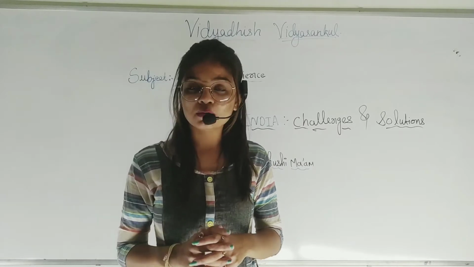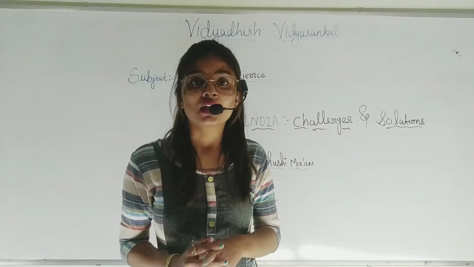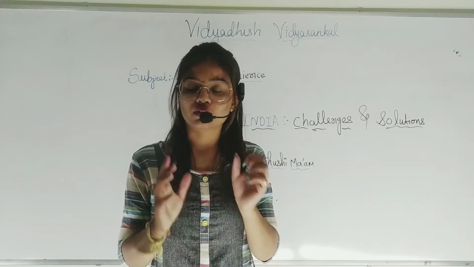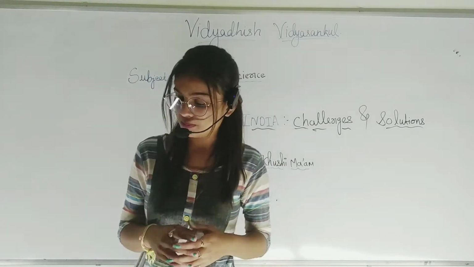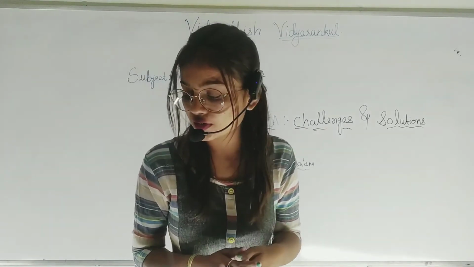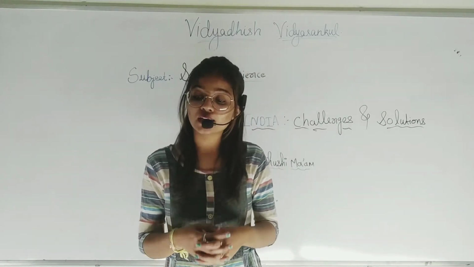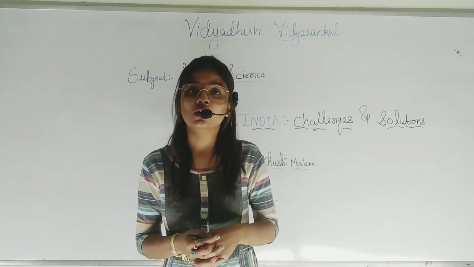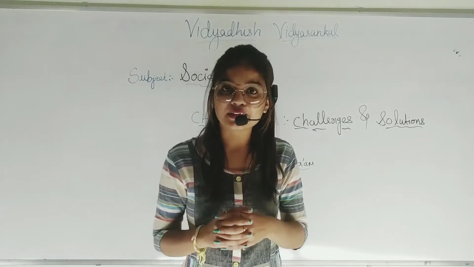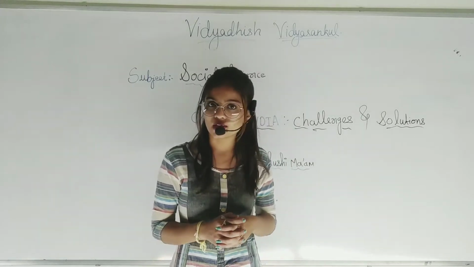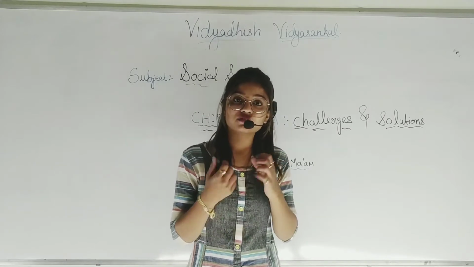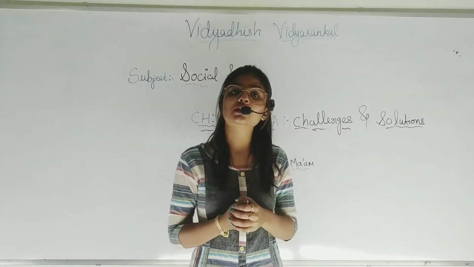Next we have the border problems. Here, students, we don't have any border problems; in the next year, in the 9th standard, you will learn about the border problems. Next, students, we have the natural problems. In the natural problems we have floods, famines, earthquakes, tsunamis, volcanic eruptions and cyclones. Students, we all know about the natural problems because they are already in our textbook, chapter number 5. You are all aware that natural problems are not in the hands of humans, so they are called natural problems.